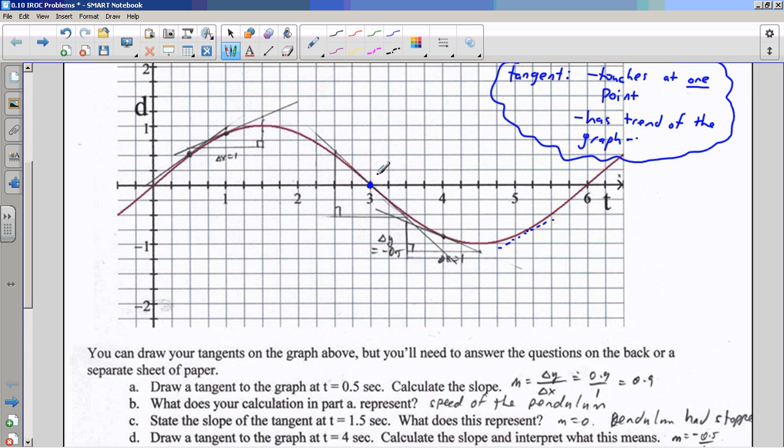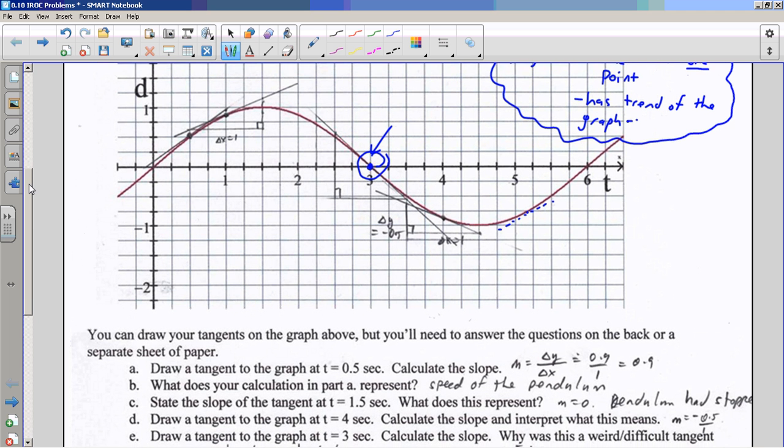It's still got only one point that it touches at, and it has the general slope of the graph. But what's weird is, I know there's a zero there, but that's beside the fact. I'm talking about the rate of change. It goes from being a hill to a valley, or from a frown to a smile. And this point is a pretty special point